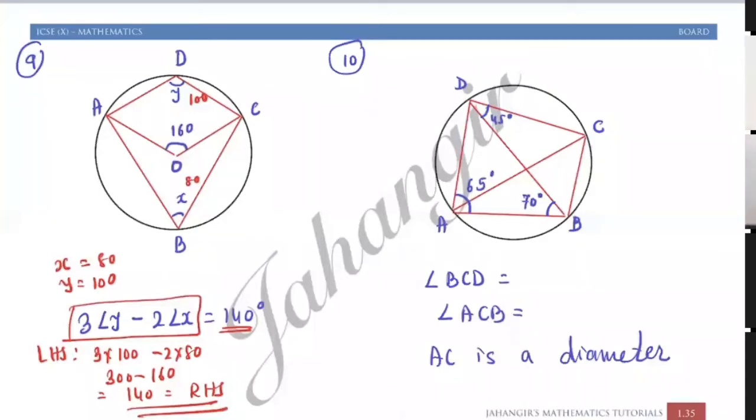Sir, yes. y will be 80, right? Why? It will be 80 degrees, right? No, opposite angles of a cyclic quadrilateral are supplementary. Supplementary means they should add to 180 degrees. Sir, the center angle is double of that, right? The one below matters for this angle because it is opposite, not this one. Okay sir. See, AC is formed in this arc, so its half will be on the other side. Okay. Now 10th question.